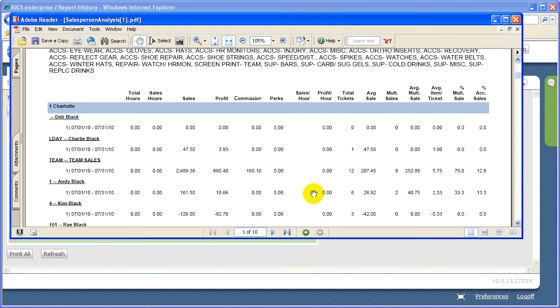Again, if you use the time clock or you enter their hours in, you can see their sales per hour, the profit per hour, the total tickets, the average sale, the multiple sales. So on a ticket, if they buy a shoe and a shirt, that's considered a multiple sale. The average multiple sale in dollars, the average item per ticket, and the percent of multiple sales,